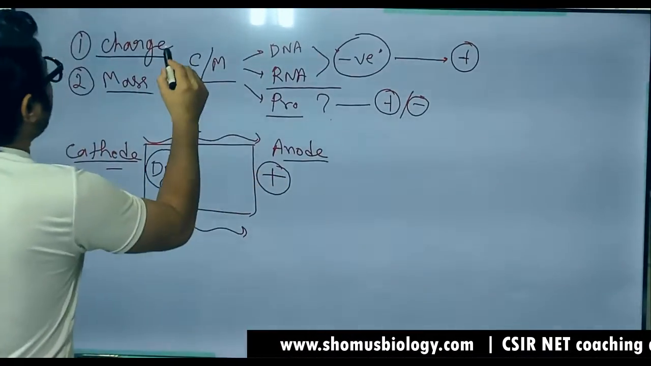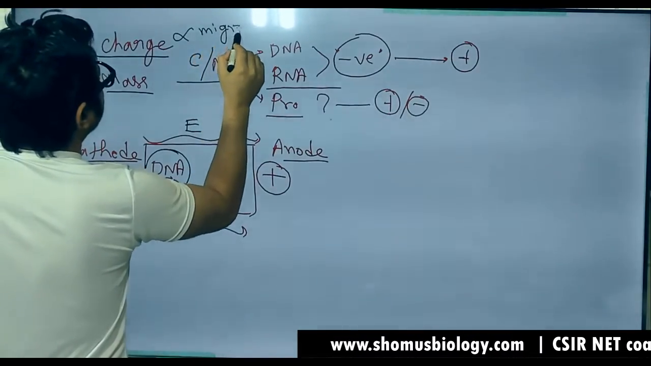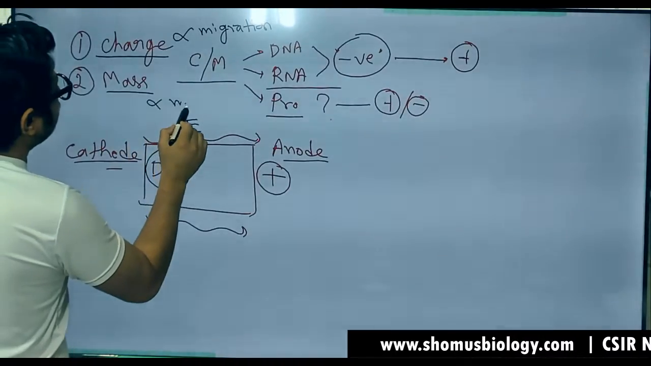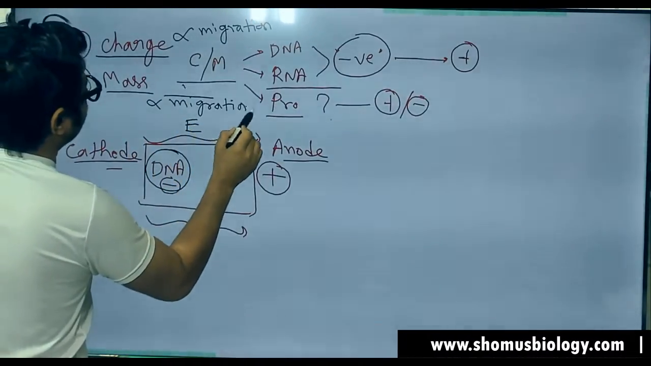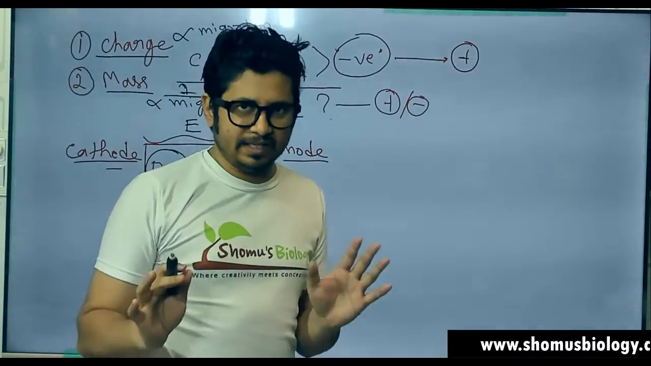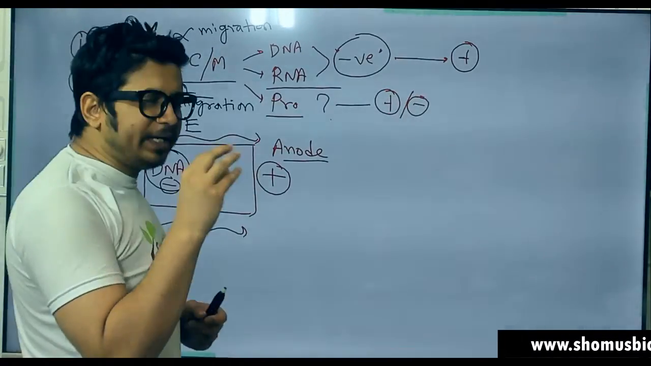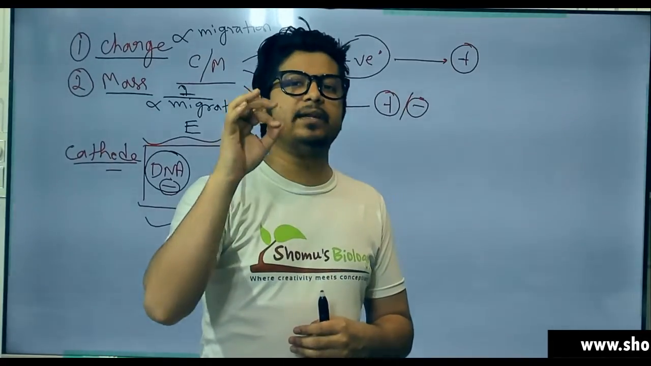So let me say charge and migration are directly proportional, and mass and migration are inversely proportional. 1 by migration, inversely proportional. That's how it's related. So now when we are considering the net movement, or what we can call